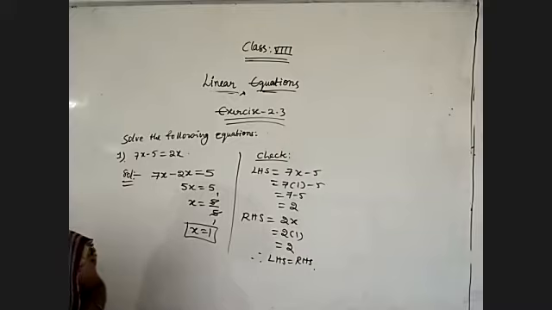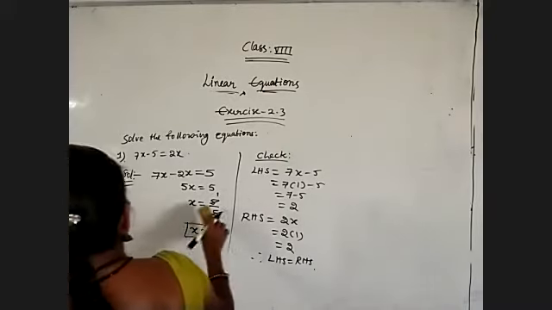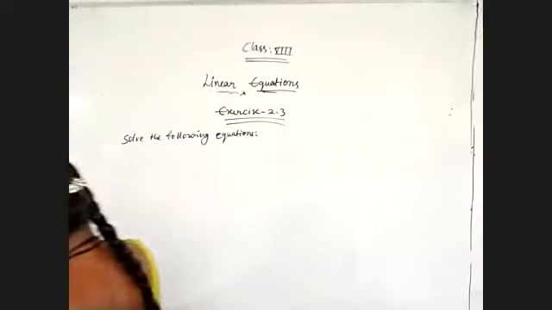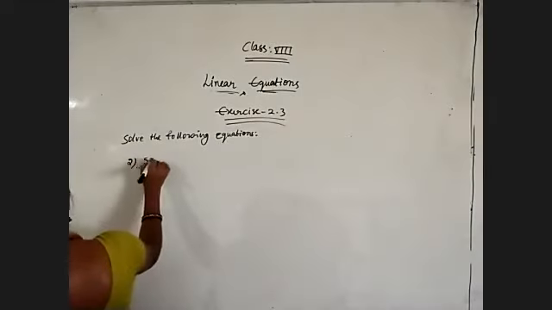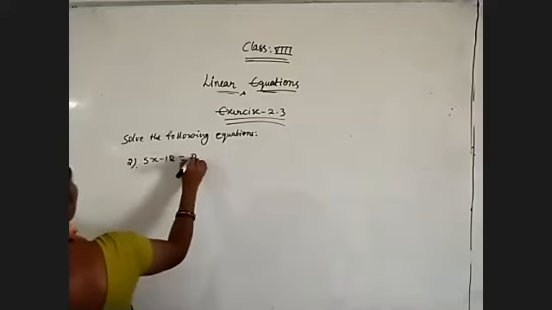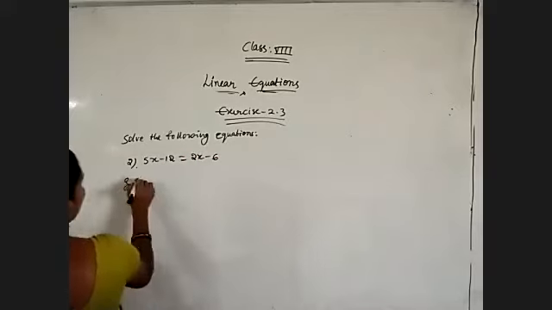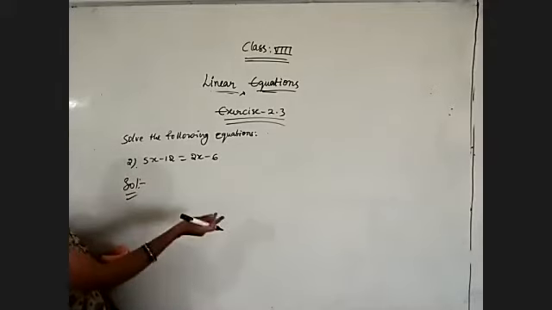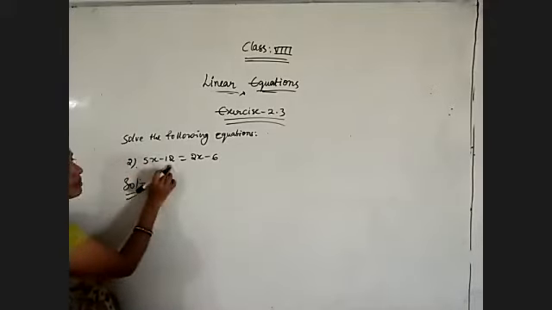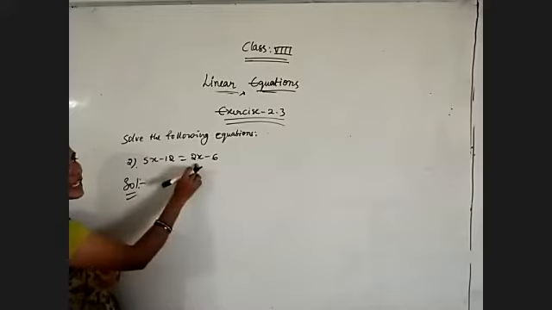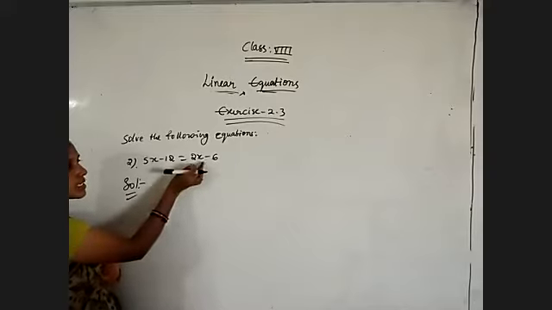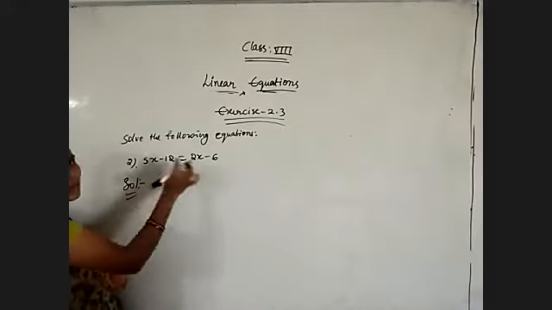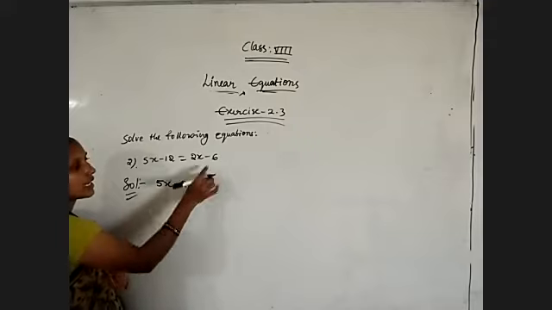Okay, now coming to another question. 5x minus 12 is equal to 2x minus 6. As I told you, bring variables one side, constants another side. Here 5x is a variable term, minus 12 is a constant, 2x variable, 6 is a constant. So 2x, bring left side. Now 5x is already there on the left side, plus 2x by bringing this side becomes minus 2x, and at RHS minus 6